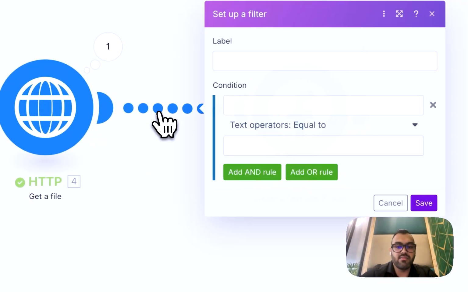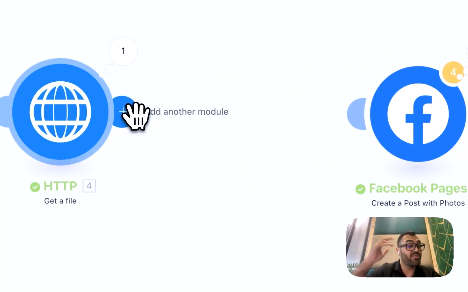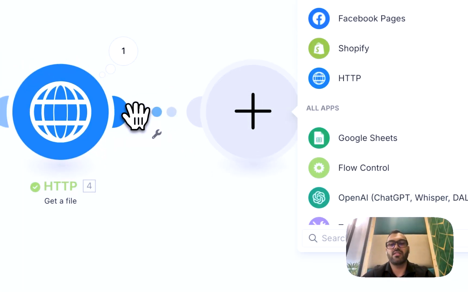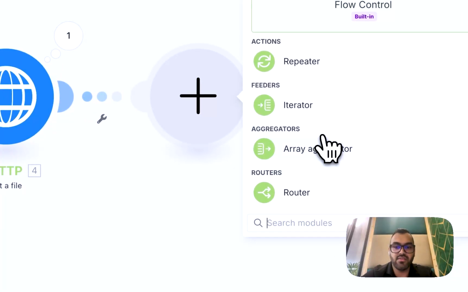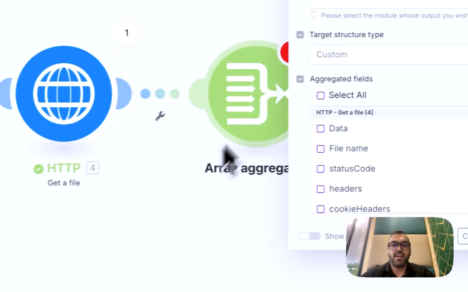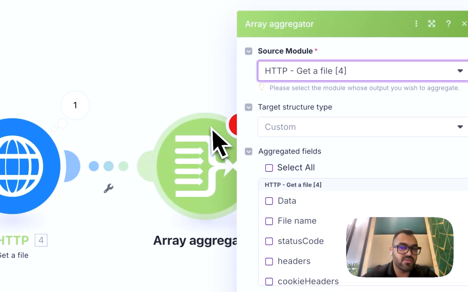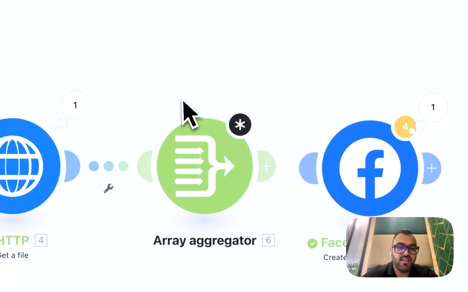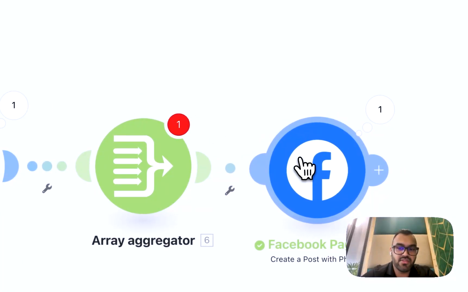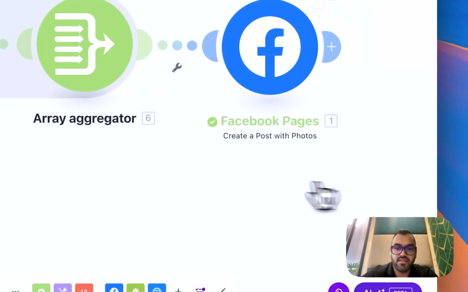So to do that, again, Make has a very simple solution, which I'm going to show you here. If I unlink this, what we want to do is now aggregate, see the keyword, aggregate all the results. So I'll again go to flow control, and you see we have an aggregator. What this will do is we'll use HTTP get a file as a source module. And right now you see target structure type is custom. Again, Make is super smart. So if you just connect it to this, and if you hit save,